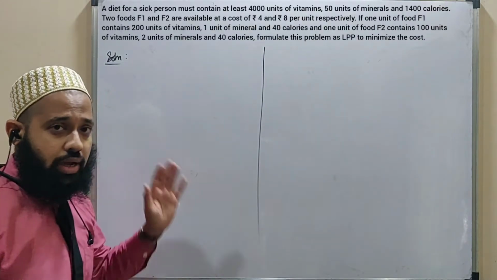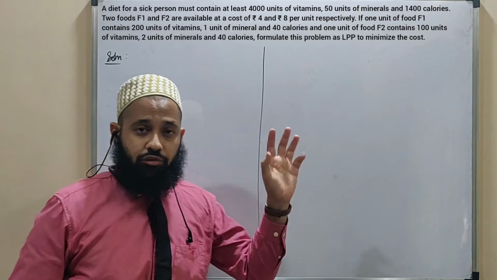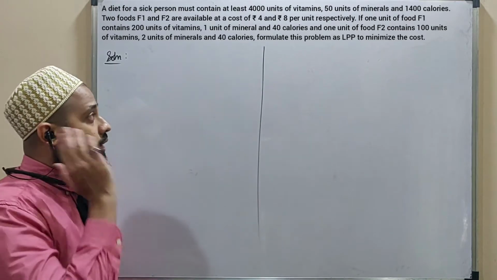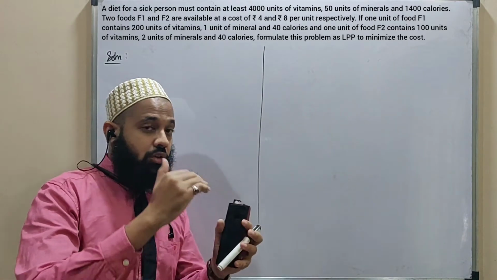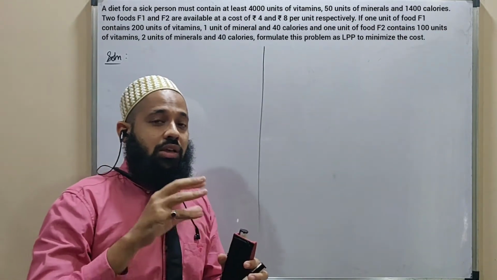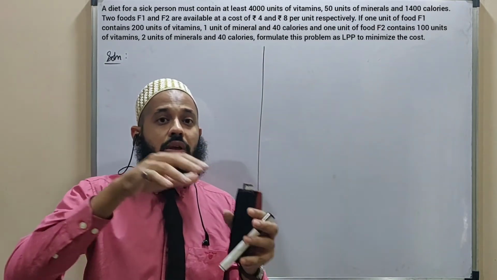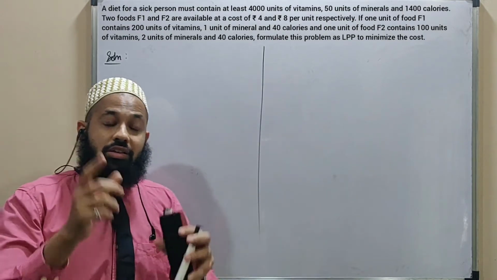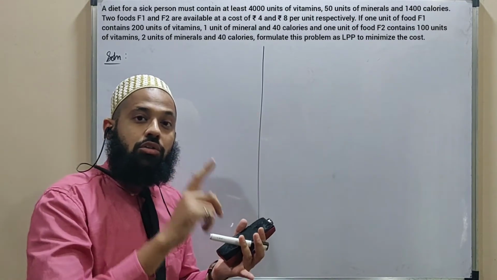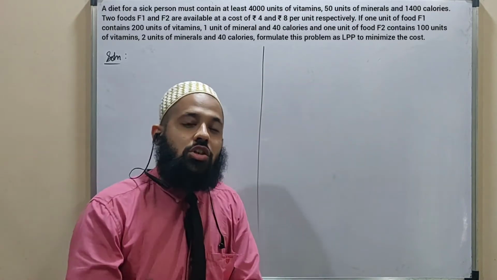in which it reads that the diet of a sick person must contain 4000 units of vitamins and 50 units of minerals and about 1400 calories. Now there is a difference if you observe in the way the sum starts from the previous sum. In the previous sum, it started by saying that the company manufactured 2 products and that one product required some chemical salt quantity and some chemical mixture quantity. That was the LHS of the constraint that they started with. Here, they have given the limit of each, 4000, 50 and 1400. So that's the RHS of the constraint that they started.